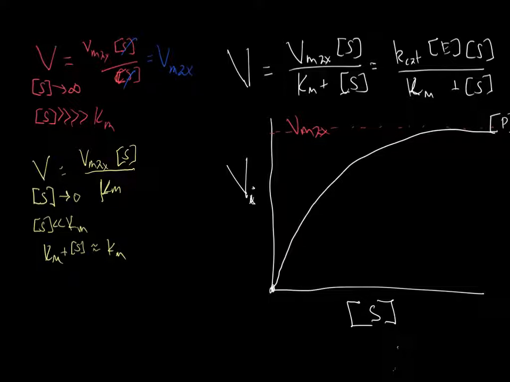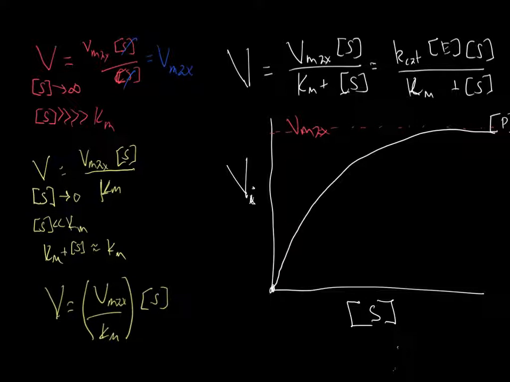Once again, that's a capital K. Like that, the plus S at the bottom doesn't really matter. So whenever we look at the two variables, I'm just going to rewrite it a little differently. That's Y is equal to Vmax over Km times that. So now it's a first order rate constant,